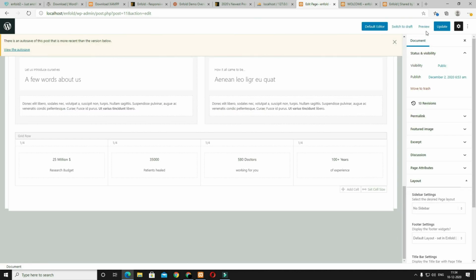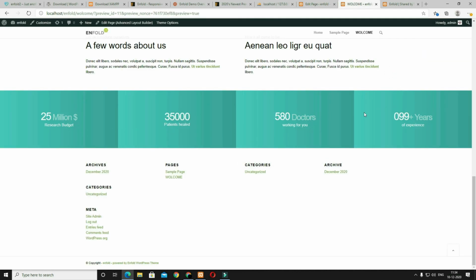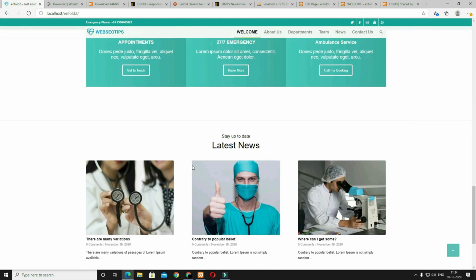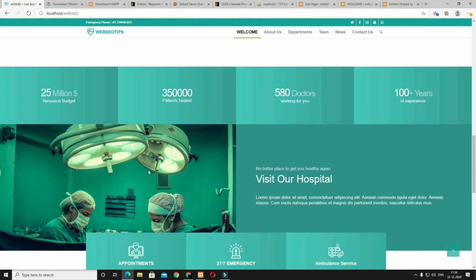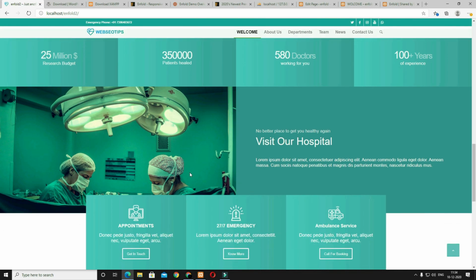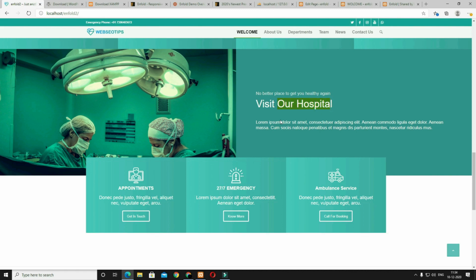Now let's check the preview. Okay, now it's perfect. So after that I have to design this section, meaning at the left hand side there will be a background image, and in the right hand side there will be a heading, and after that a text block, and at the top and bottom there will be some padding. So let's come back to the page.